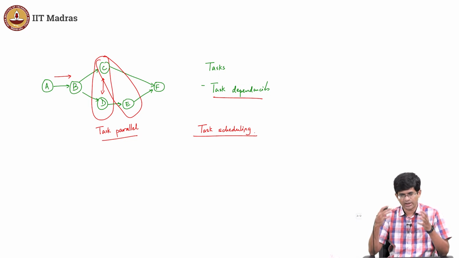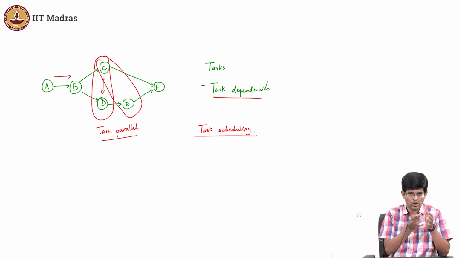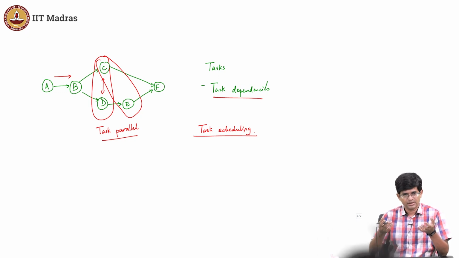So either you want it to be the minimum amount of total time, or you want the tasks to be put on processors that are less expensive, or you want them to consume less power. So there could be many different cost criteria that you are dealing with, but the problem itself says that look, I have certain dependencies, the dependencies need to be satisfied. Subject to that, in what order should I actually go about executing them?